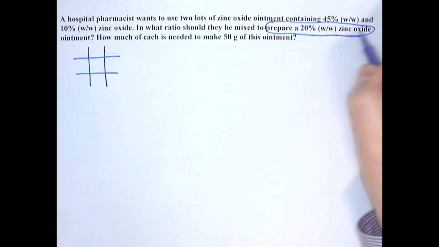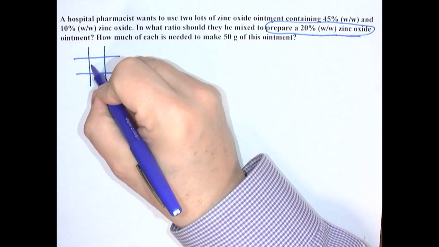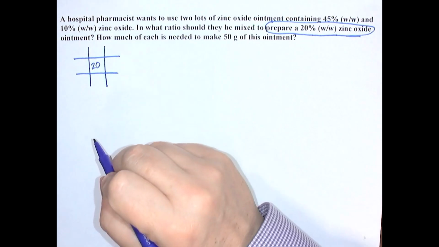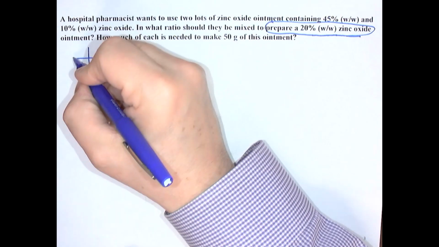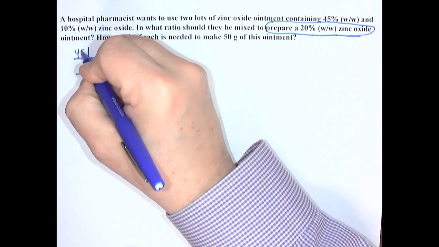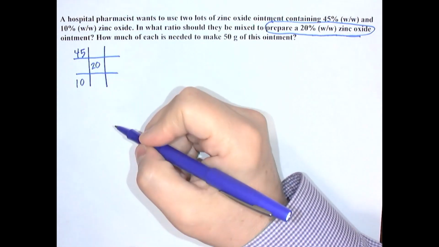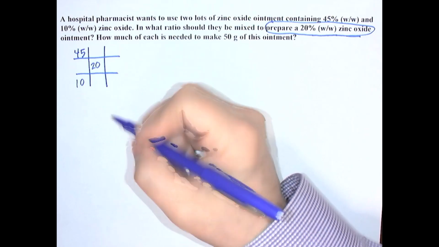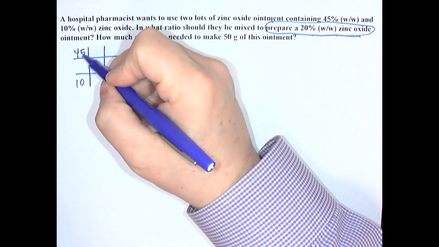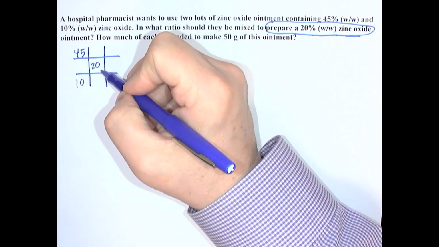So our target concentration is 20%. What's available to work with are these 2 lots, one with a 45% concentration and the other with a 10% concentration. So the first question is, what ratio do we need to mix these 2 lots to result in a